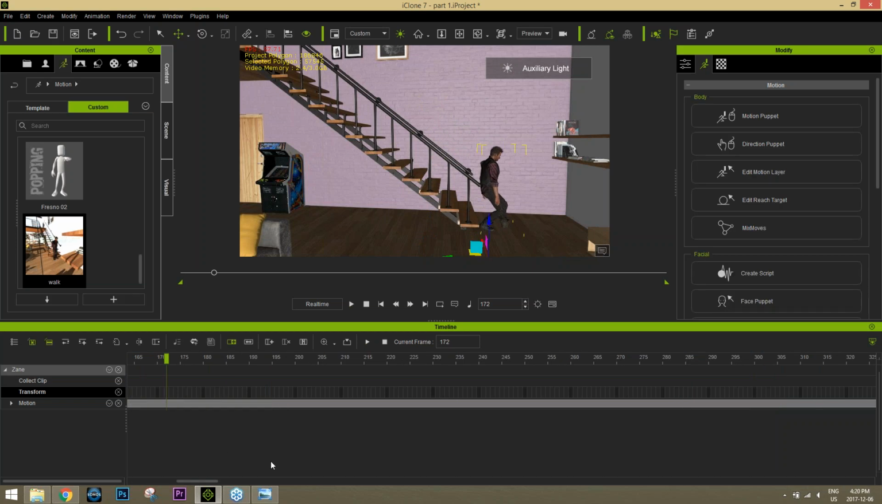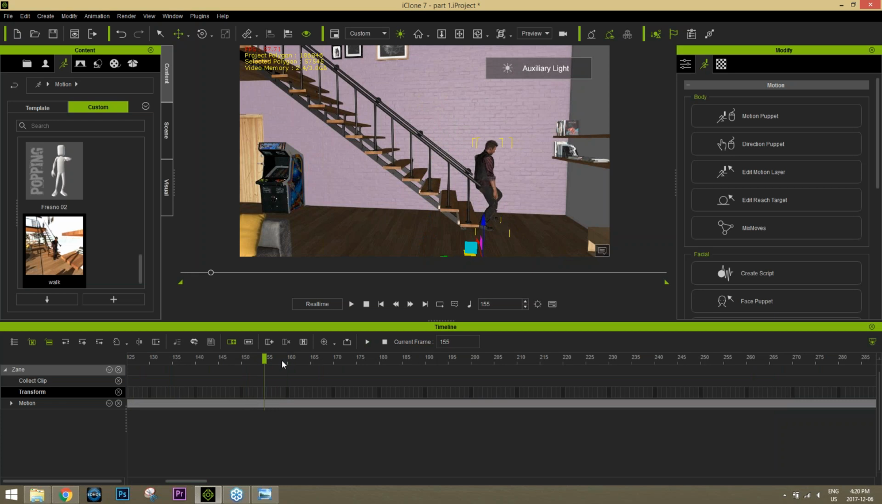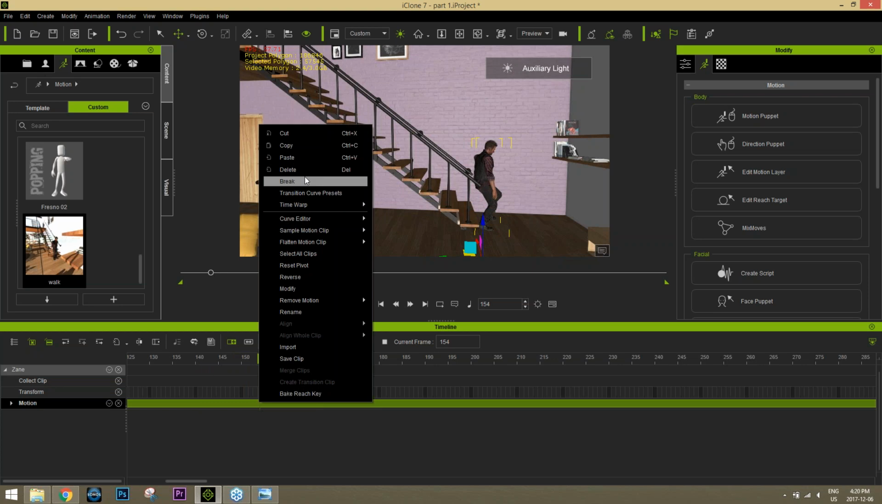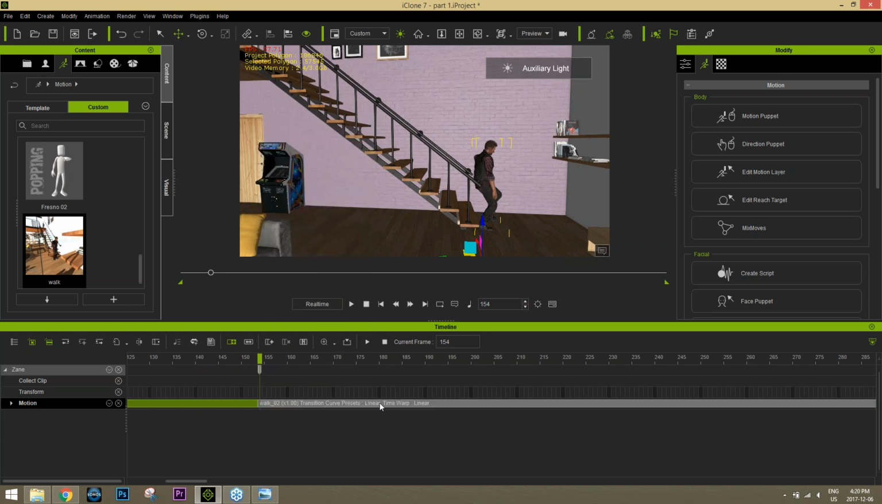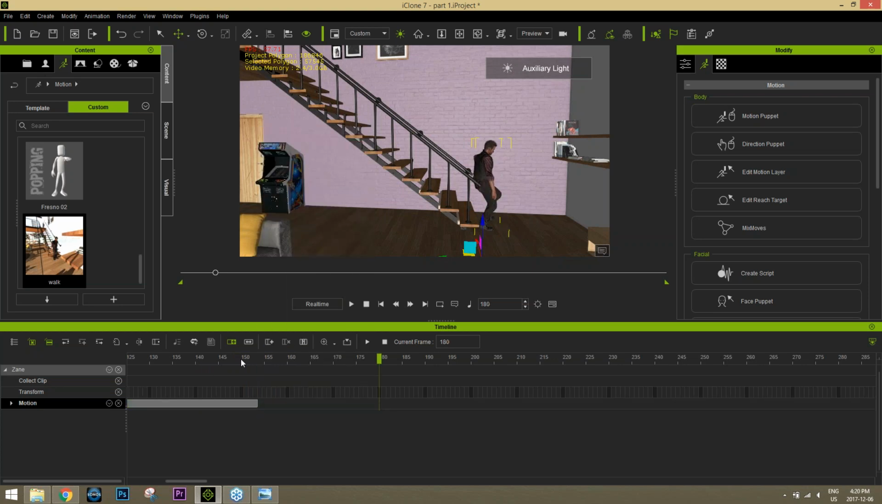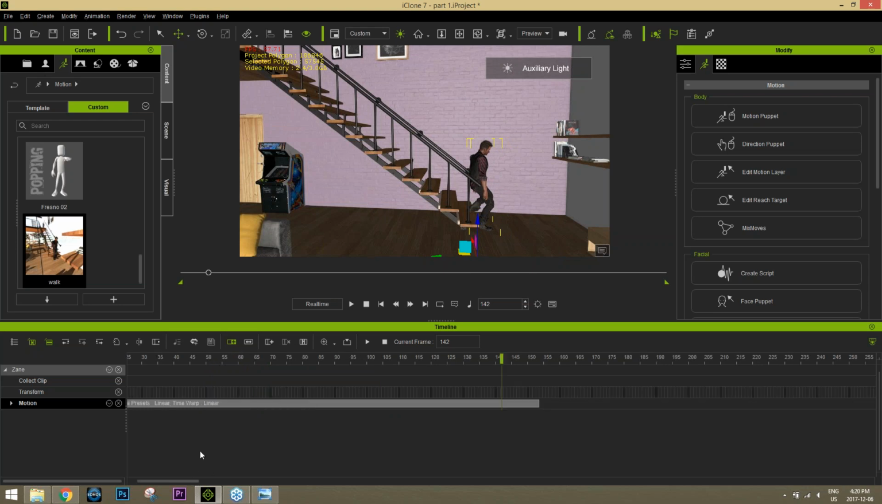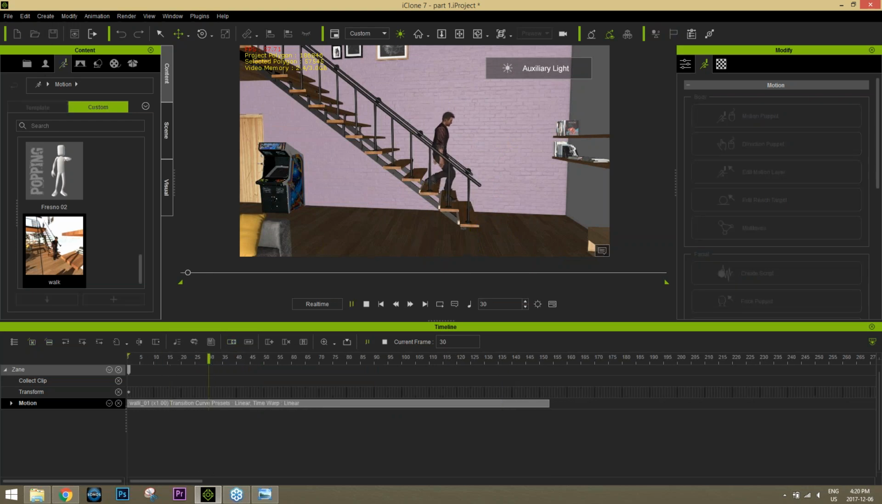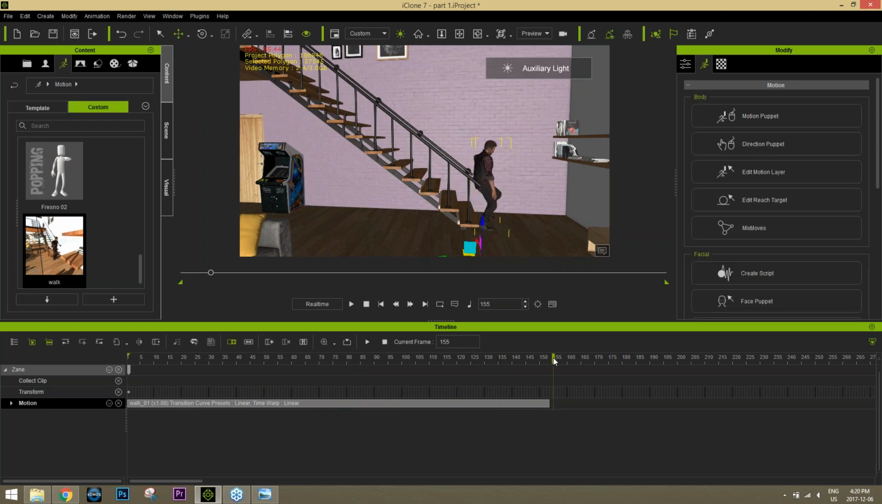And at this point here, we don't need him to walk down the stairs anymore. So as his foot makes contact with the last stair right here, we can just break the clip, and we can get rid of the rest of the stuff here. All right, so what I'm going to do next, now that we're done with that walk cycle, apologies for the bug there, is